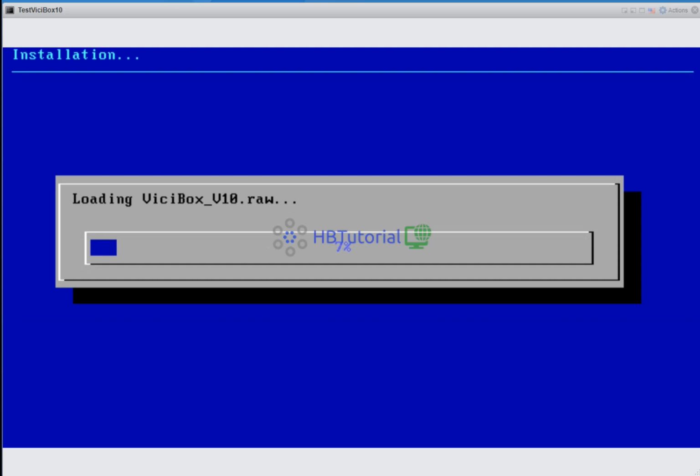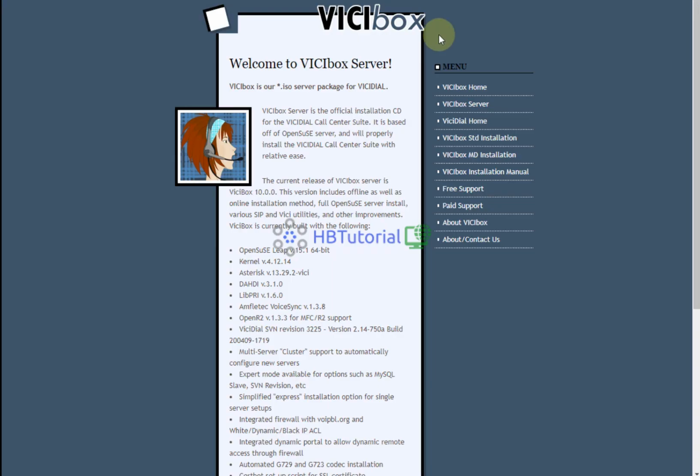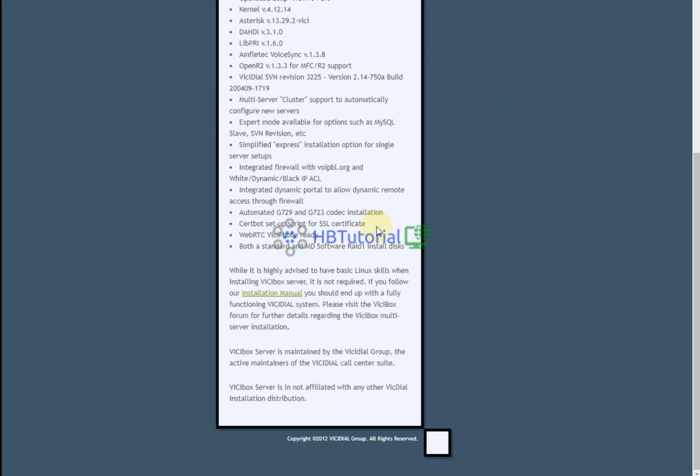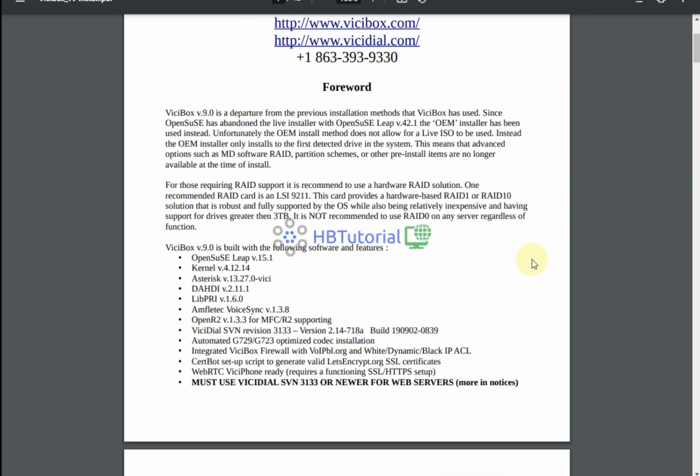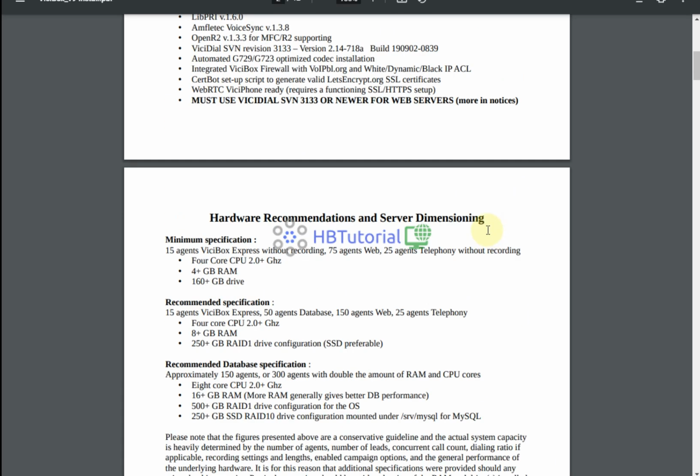Okay, so while you're waiting, you can check the installation manual of the Vicibox server. This is the installation manual of the Vicibox server. And as of now, the Vicibox 10 has the same installation setup as Vicibox 9. So you need to run the